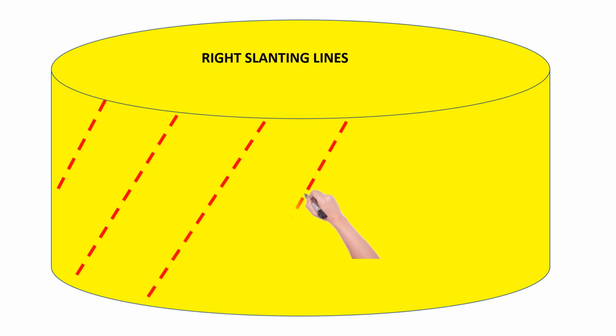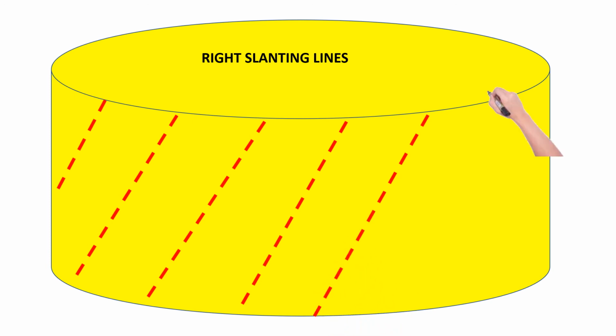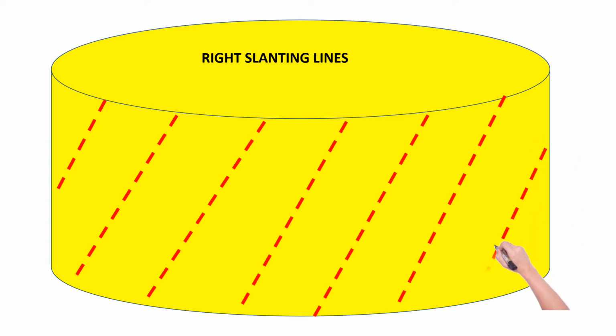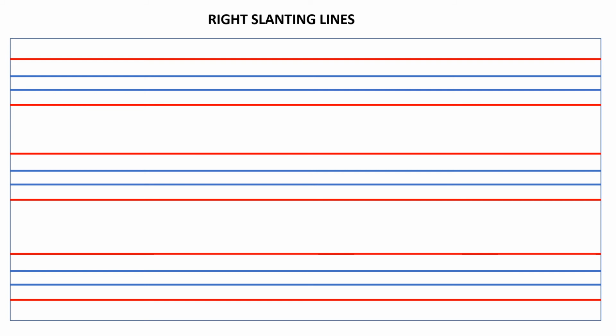Parents can also give this kind, they can make it as a worksheet so the kids can trace all the dotted line and they will learn the right slanting line like this. After this, let us do some once again right slanting line practice on the 4-line notebook. Once the kids do enough practice, after that only you should give them the 4 lines notebook.